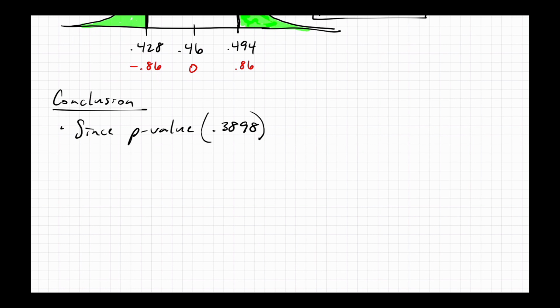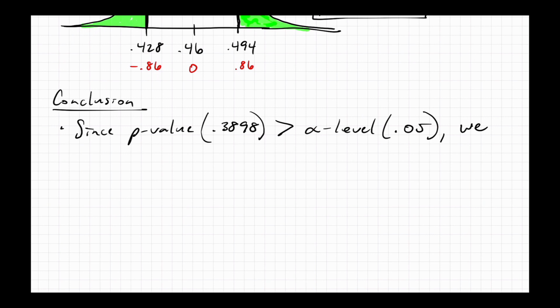Well, in this case, the p-value is bigger than the alpha level. Since the p-value is bigger than the alpha, it's always going to be